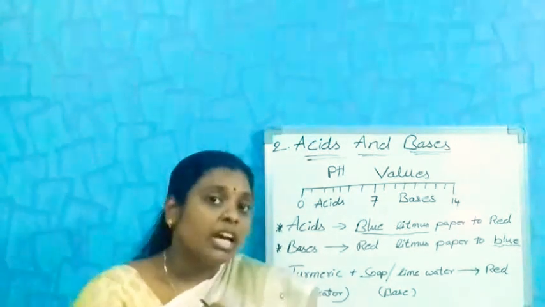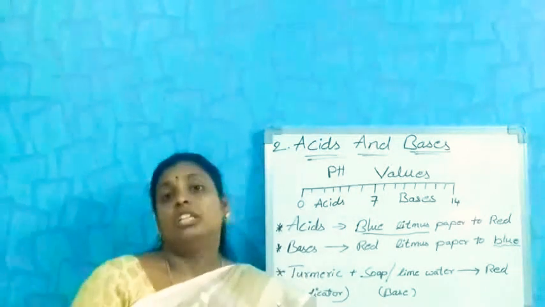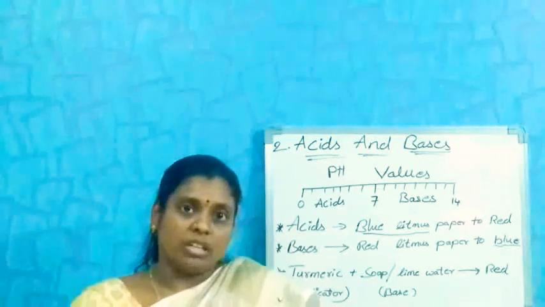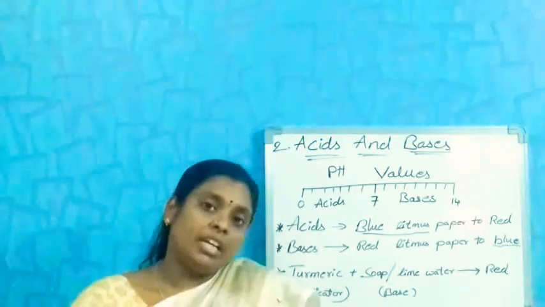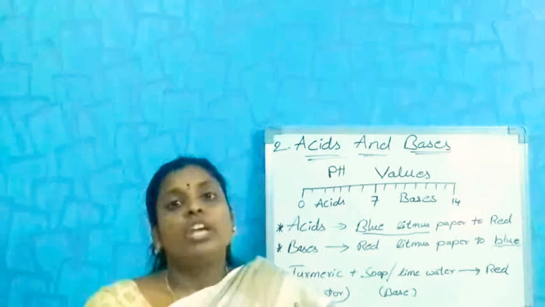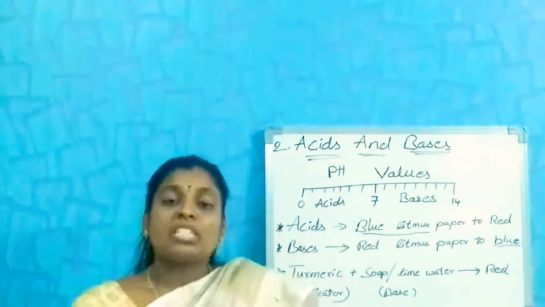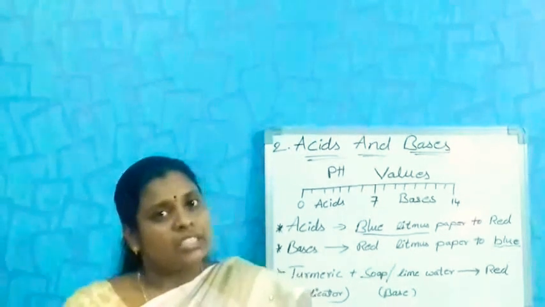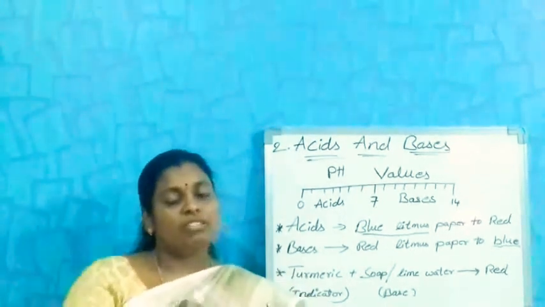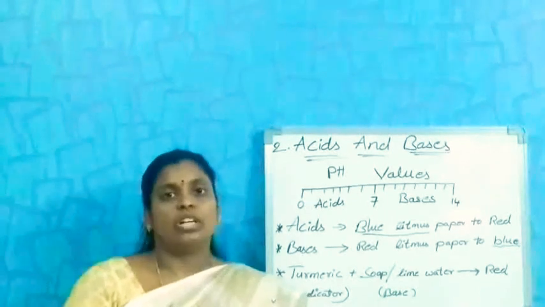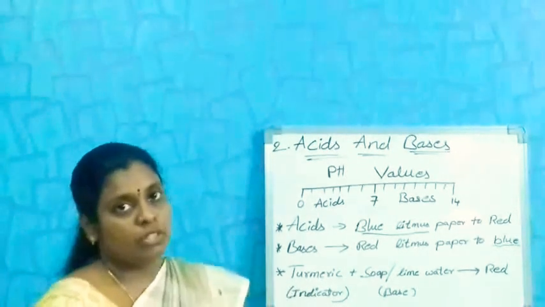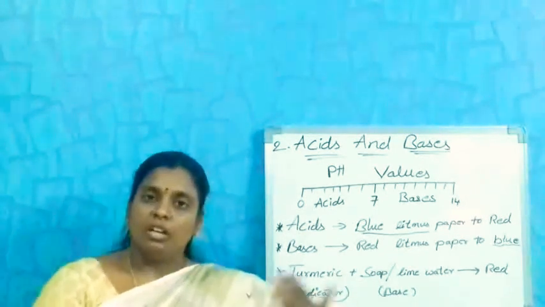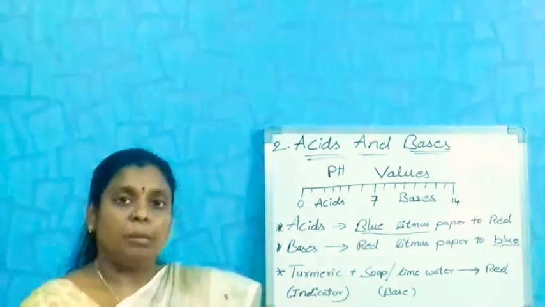Here the lime juice is an acid. We are diluting it by adding some water, and making it tasty however we want. By adding different substances we are changing the taste, making it into our own taste, whatever you like. But here the indicator helps to know about acids and bases.